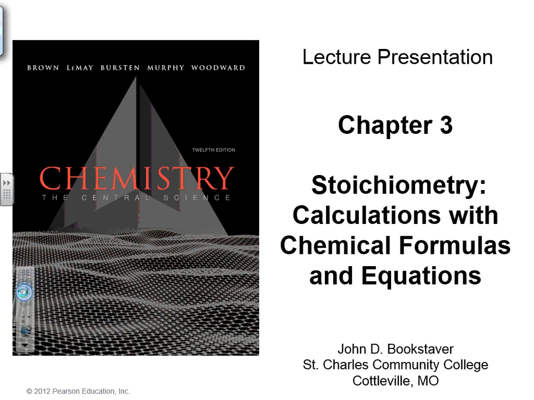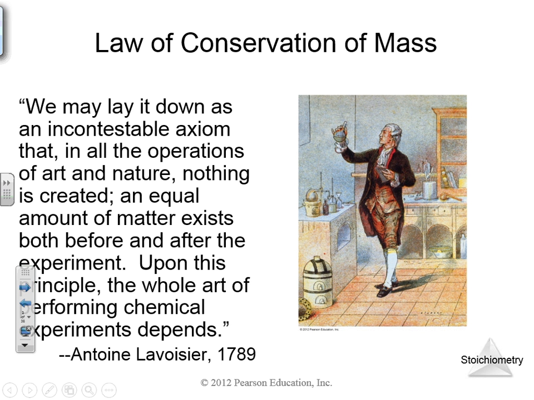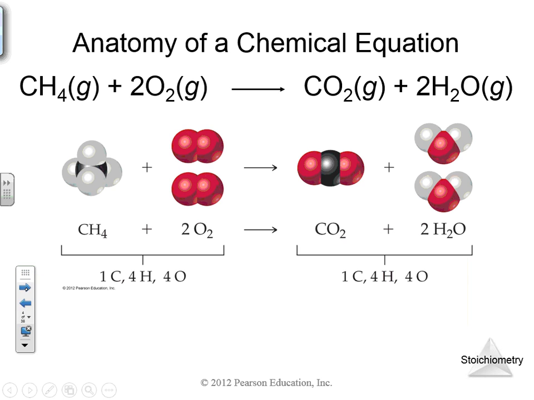So, if you can remember real quick, the law of conservation of mass states that mass is not created nor destroyed. It was first posed by Lavoisier in 1789. Don't worry about him or that name as much, just kind of a principle. So if we look at a chemical equation, at the top we have CH4 plus 2O2 yields carbon dioxide and water. What type of chemical reaction is this? It's a combustion reaction. We have a hydrocarbon, methane, CH4, and we have oxygen reacting to form carbon dioxide and